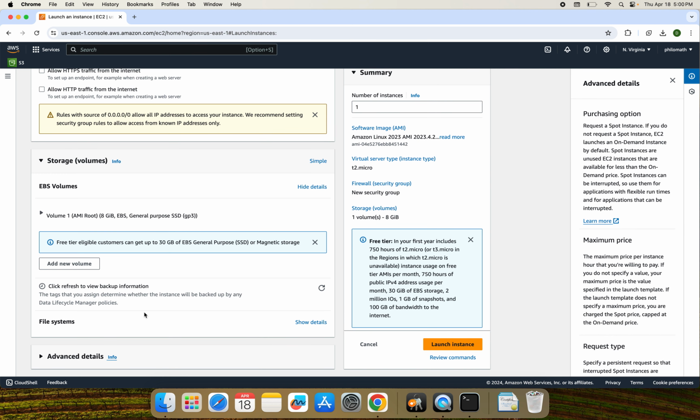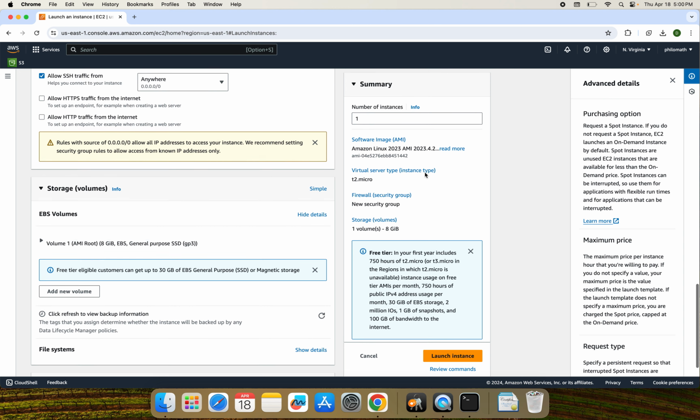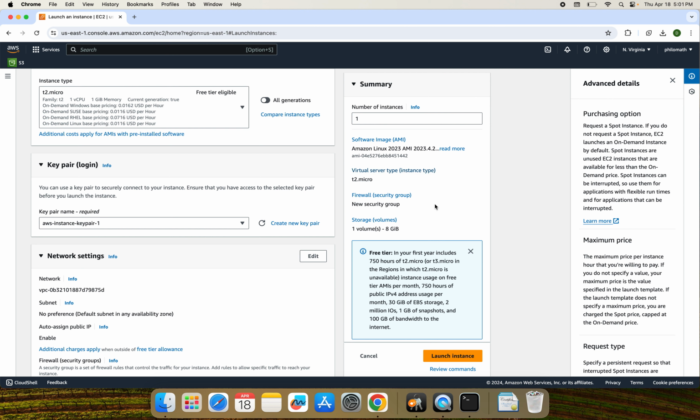I don't want to go in depth here because I leave the rest with the default. Okay, see, this is the t2.micro, new security group. One volume is attached, it is this much, and that's it. Launch